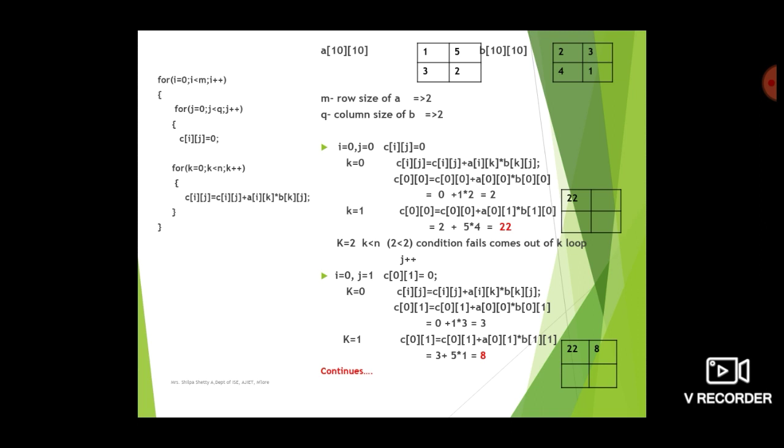But before writing the third for loop, you need to remember that the elements of the C matrix should be initialized to 0. So you write C of ij as 0. The next statement within the for loop is C of ij is C of ij plus A of ik into B of kj. So i and j at the outer ends, and in between we need to write k. So this is how you can remember.